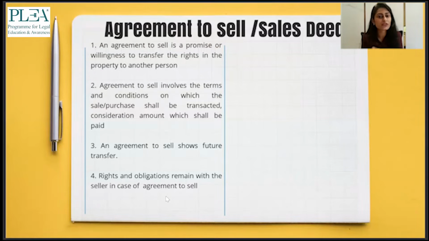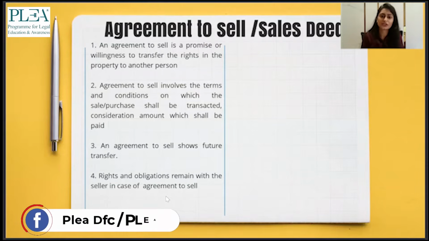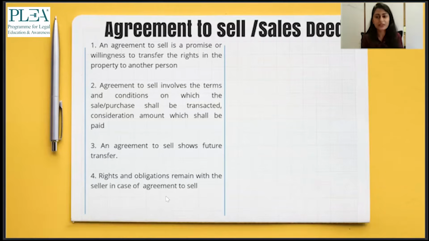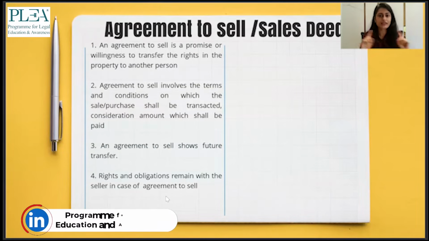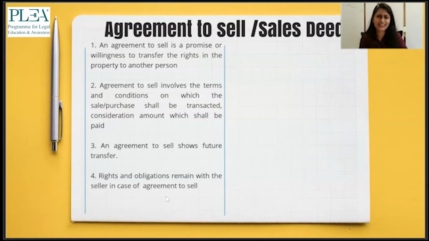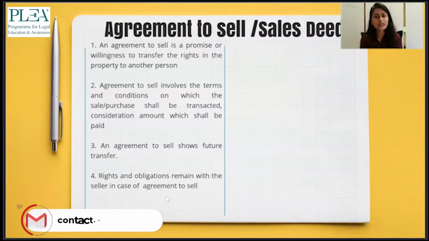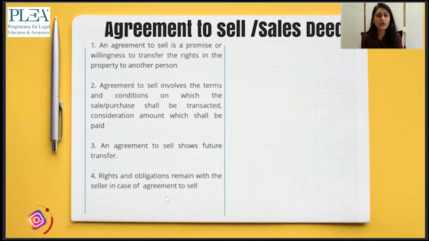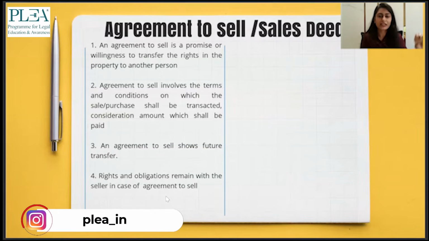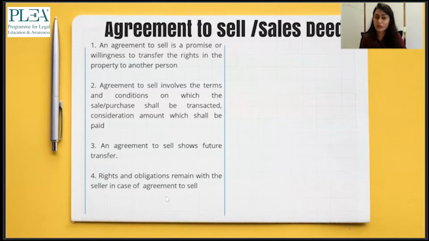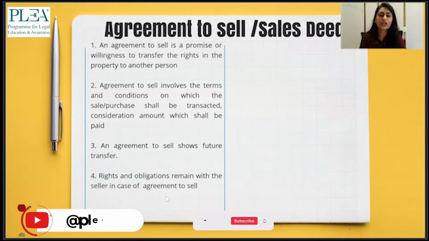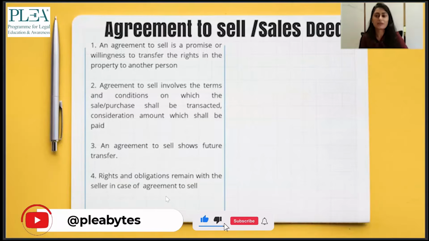So agreement to sell involves the terms and conditions on which the sale and purchase shall be transacted. Consideration amount shall be paid. So it might happen that during the MOU, you have already decided the consideration amount. Let's say it is 1 crore. And you've already given, let's say, 10 lakhs. And then during the agreement for sale, you're drafting the agreement, and during the time of executing it, you're paying the 50%. As in including the MOU amount, that is a token amount, you have already paid 50 lakhs